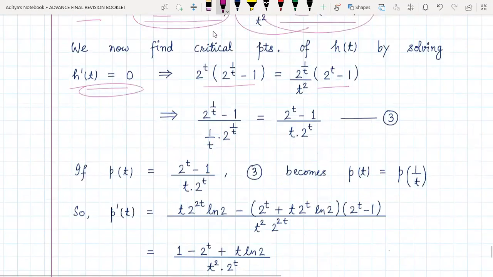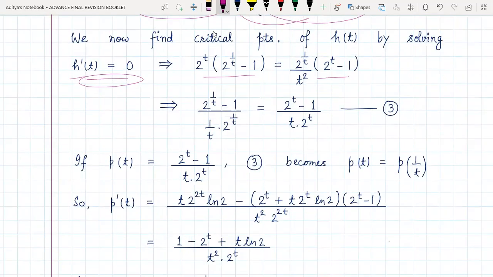But now comes the best part, and probably the most difficult part, something that we should be able to think of. One of the t's we cross multiply. So on this side, what will be remaining? I am dividing by 2 power 1 by t, and I am dividing by 2 power t. Let me explain once again what is being done here. We divide by this quantity so that it becomes 2 power 1 by t minus 1 upon 2 power 1 by t, no problem still here. And we are also dividing by this quantity, so here it becomes 2 power t minus 1 upon 2 power t.